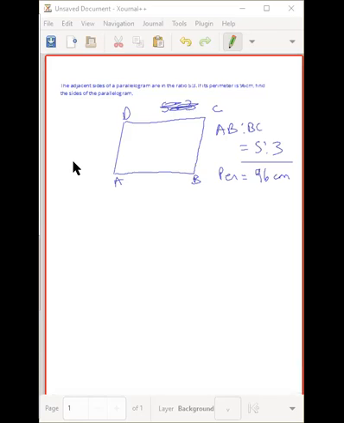Think about this. You've already done a lot of ratio sums when it comes to rectangles, when it comes to squares. It will not be only in rectangles. You've done a lot of ratio sums. Think about it. It's a similar figure. See the relationship between a rectangle and a parallelogram and solve it.